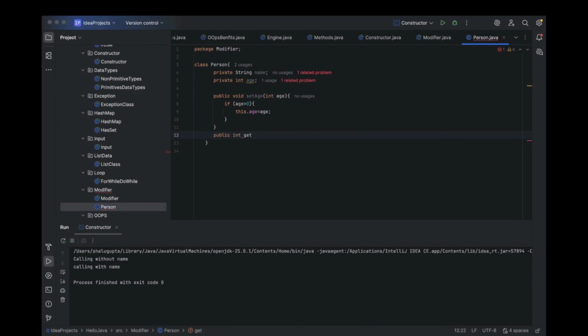public int getAge, ओके। और यहाँ पे क्या करेंगे, रिटर्न कर देंगे, क्योंकि हमने तो भैया सेट तो कर ही दिया है, तो बस हमें गेट ही करना है डेटा को, this.age, ओके। ये हमारा गेट हो गया। सेट कर लिया और मैंने गेट एज कर दिया, ओके। अब हम नेम का इसी तरीके से बनाएंगे,